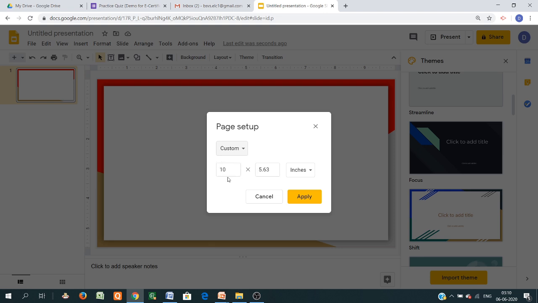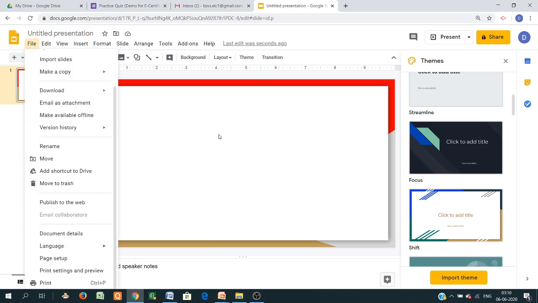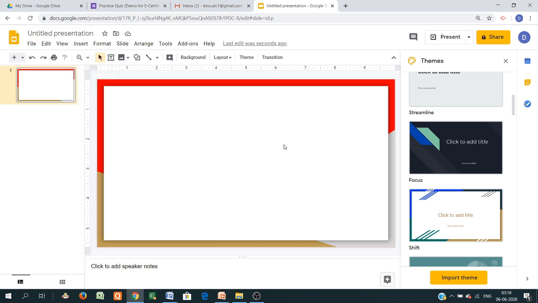Suppose you want to change it to A4 format, so just add the different dimensions here and apply, so that the certificate will be created as per your custom format. So this is the page setup. Suppose you want different sizes, then you can create it.